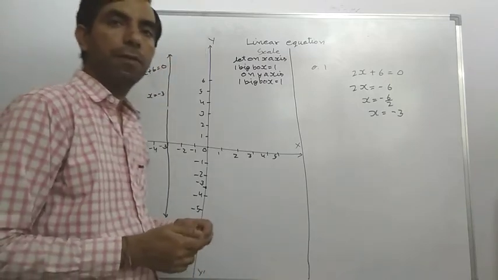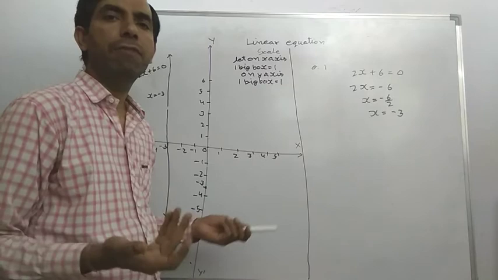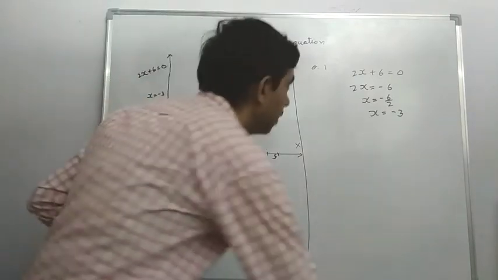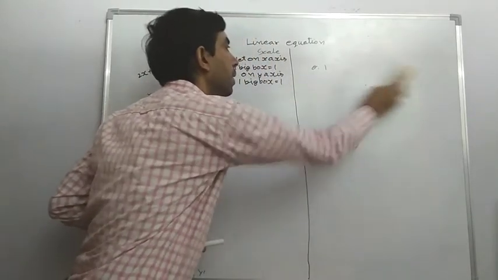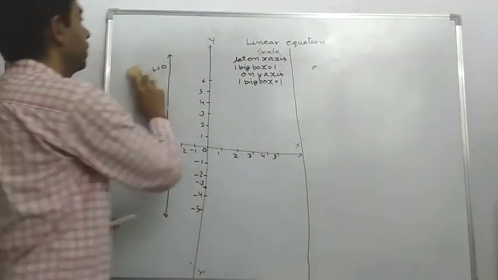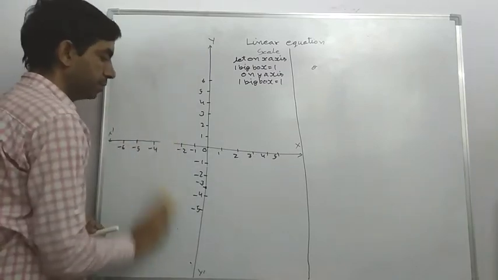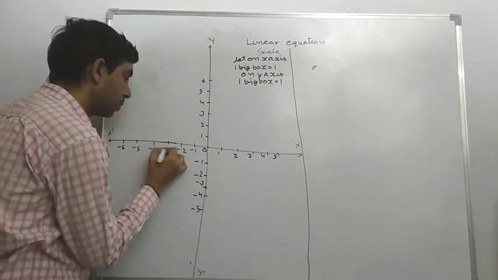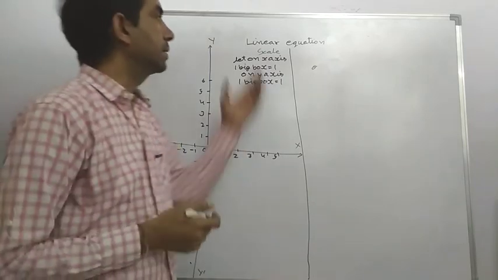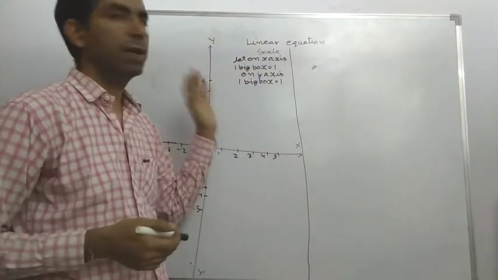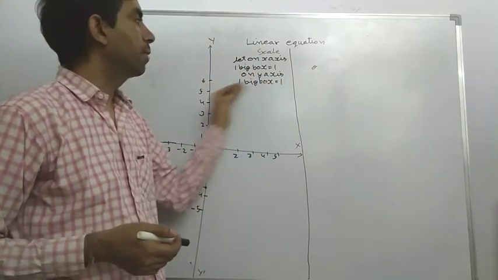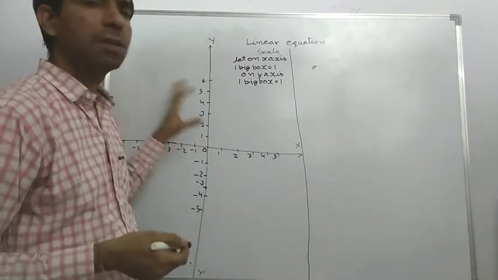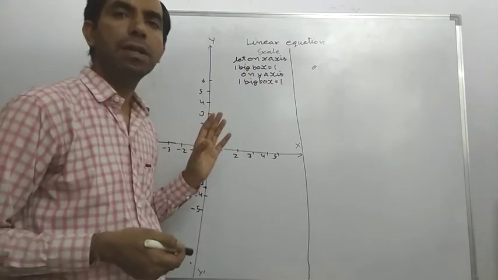For solving by graph, whether it is one variable or two variables, it does not affect the scale or anything else. So to solve it, we take another question, and again we will write the scale. Let on the x-axis one big box is equal to 1, and let on the y-axis one big box is equal to 1, and the x-axis, y-axis, all things are similar to the one variable linear equation.